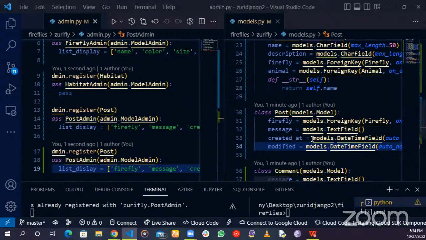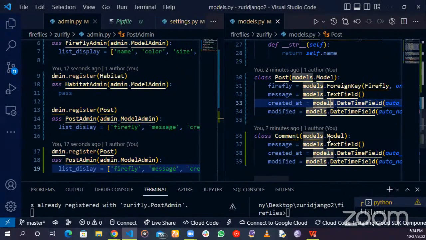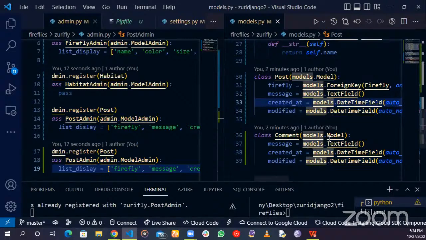So the question was, or someone asked the question, and I think I should look into the question first. So the question was, what is the advantage of using an abstract class for inheritance rather than the way we are doing it now? Now, one advantage of using,